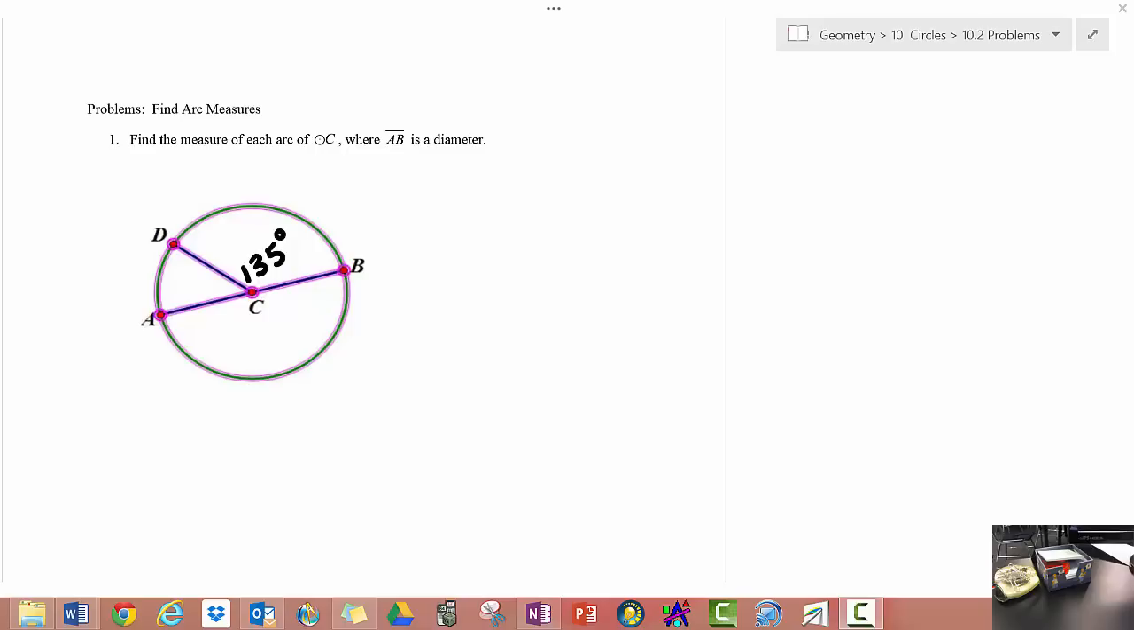Figure that out, and then you can figure out the measure of angle DCA. Just also reminding you that angle ACD and angle DCB form a linear pair. Alright, that's question 1. So let's go down